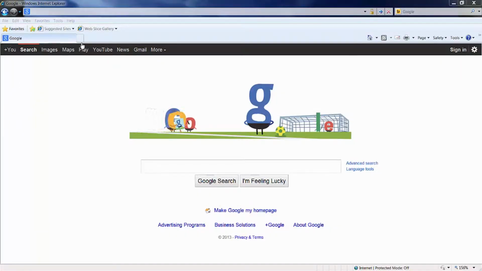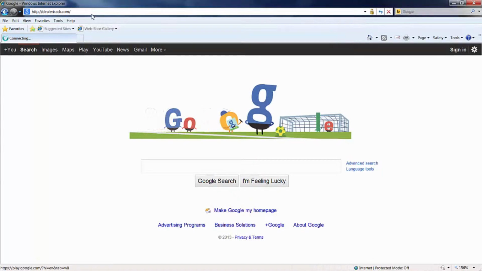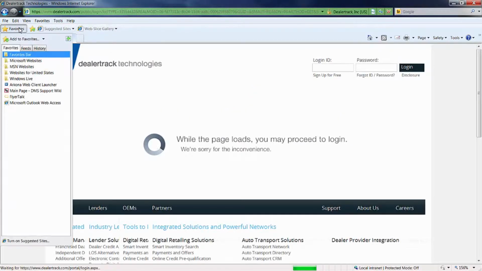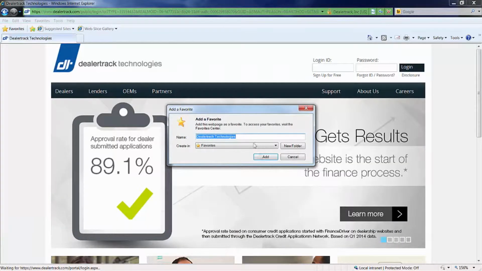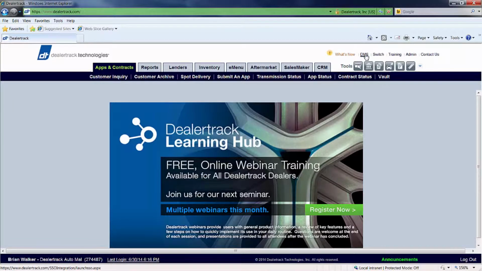Let's get started. Access DMS 2.0 by typing dealertrack.com into your browser address bar. You will now need to save this site to your favorites. Select Favorites and click Add to Favorites. Once you've added the URL to your favorites, sign into DealerTrack using your regular DMS login and select the DMS